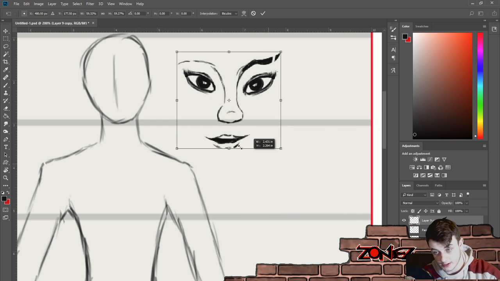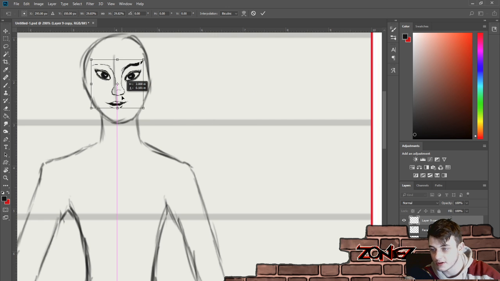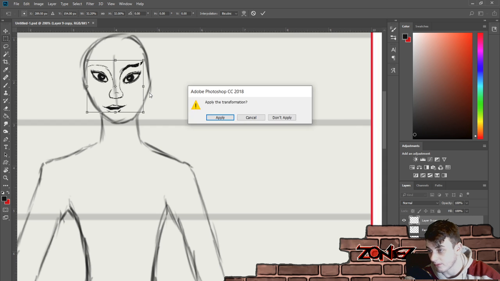And we will scale this one all the way down. That's a tiny face. Oh, we're looking at a tiny face over here. Facial features. Apply.